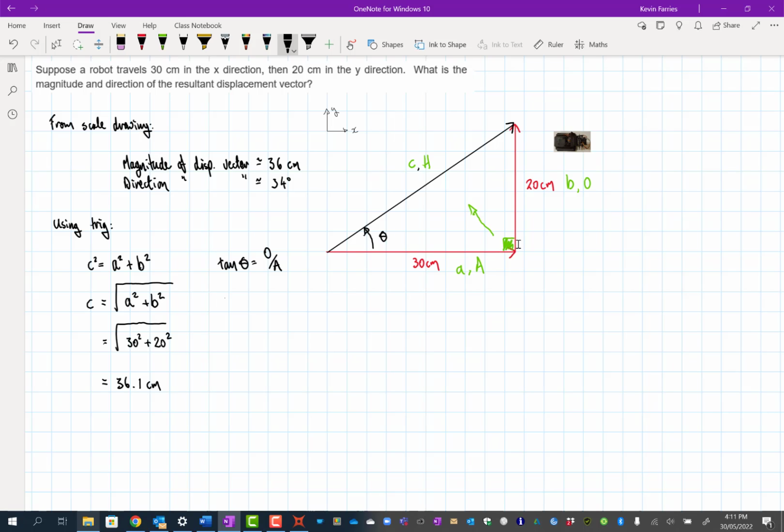We'll substitute our values. Tan theta is equal to 20 over adjacent, which is 30. So theta is equal to inverse tan of that, tan to the minus 1, 20 over 30. Remember, you can also call that arctan, but we'll call it tan to the minus 1. So therefore theta is equal to,